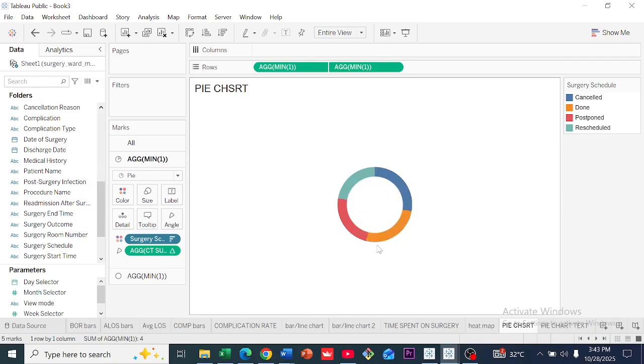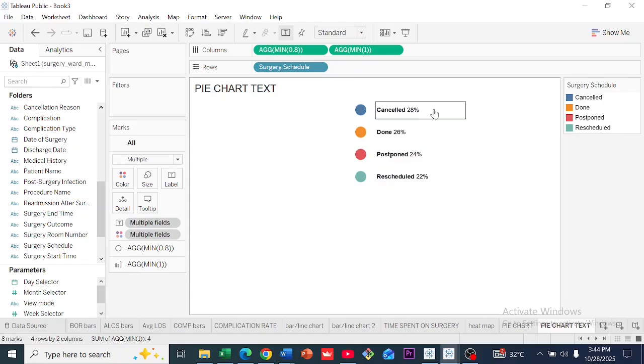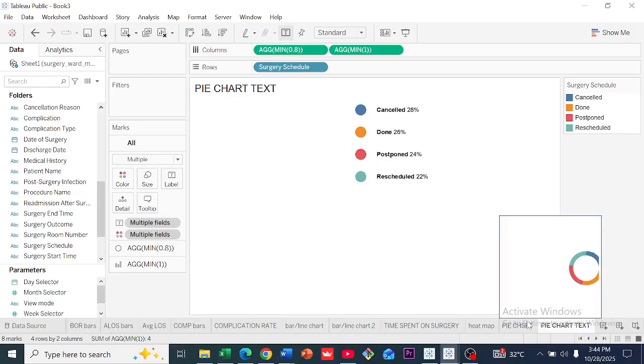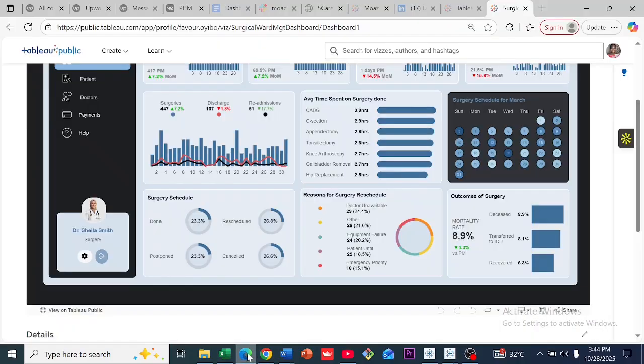So we have from largest to the smallest. So we'll be doing the same thing here. We have 28, 26, 24, 22. So this is already sorted, right? So now let's go ahead and see the next thing we'll be doing, which is the reason why a surgery was